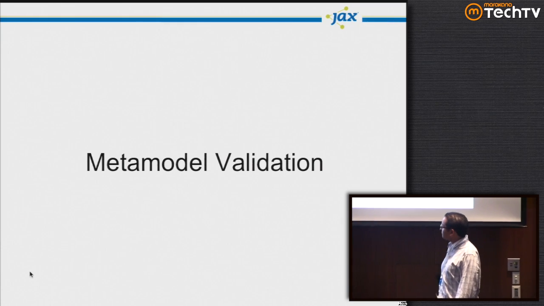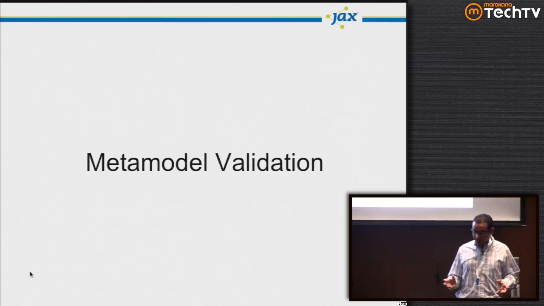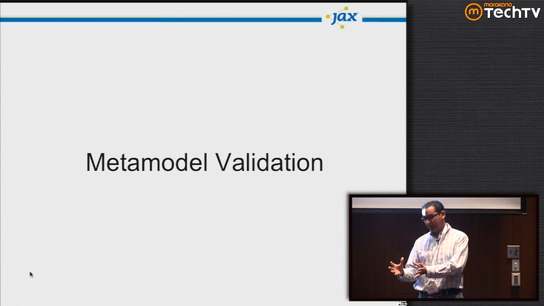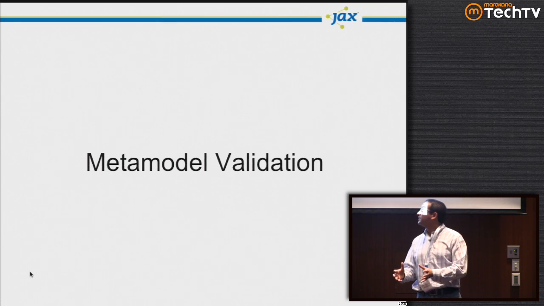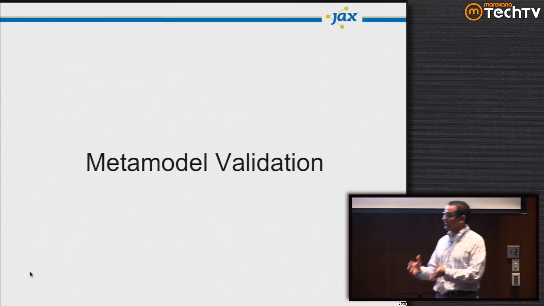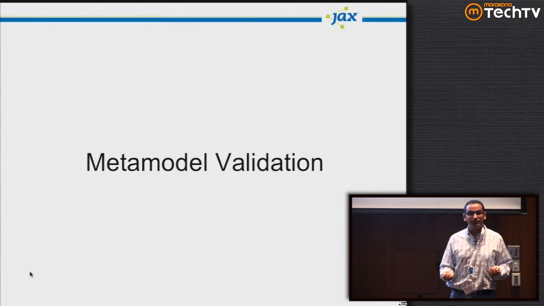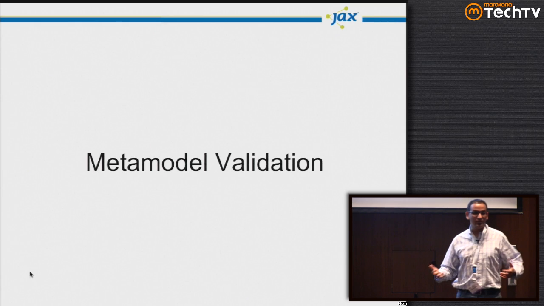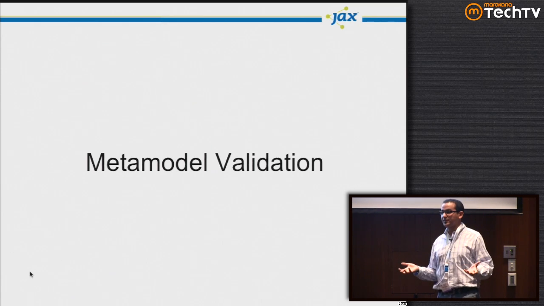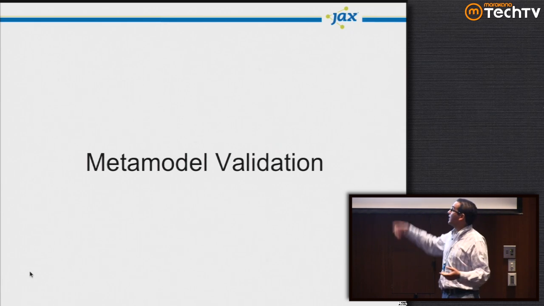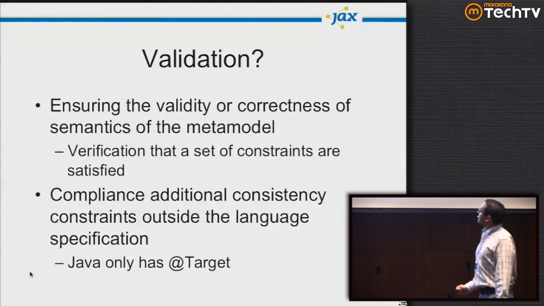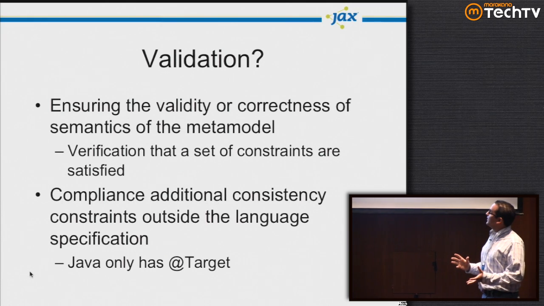We can go next. So now that we processed the annotations using these APIs, and we created this meta model, dynamic or static, it doesn't really matter, we would need some kind of validation. I mean, you can't just let people, especially if you're somebody that writes pretty much the framework, somebody who creates Hibernate, you can't expect people to just pretty much do things the right way. Let me highlight this with an example. So what validation is, in a nutshell, is pretty much ensuring the validity and the correctness of the semantics